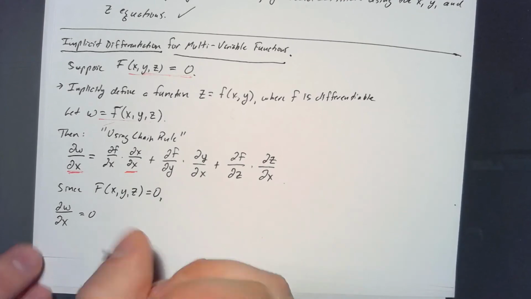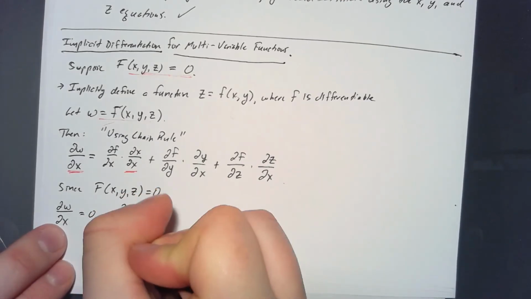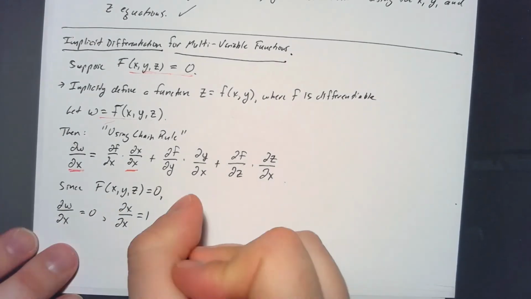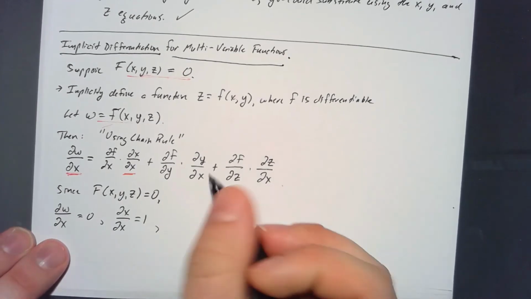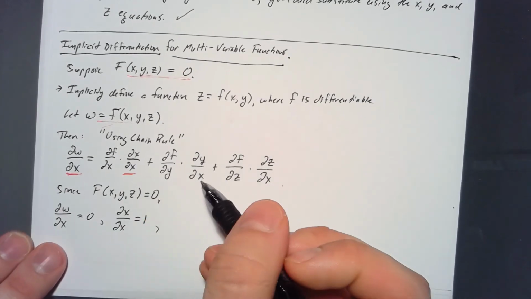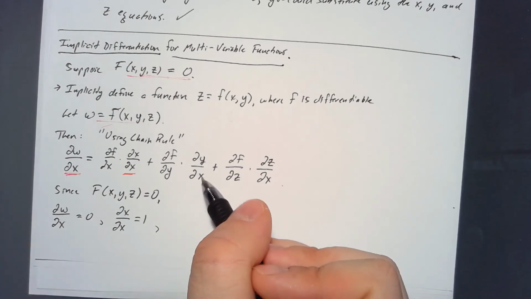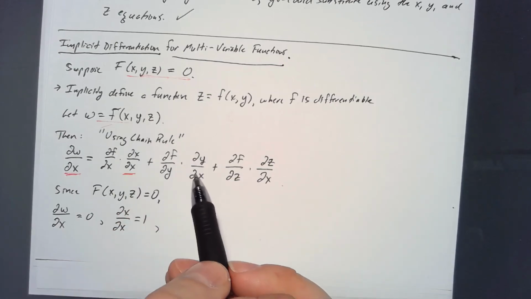It's 1. And then, is anything else equal to 0? Yeah. So dy/dx is also going to be 0 because